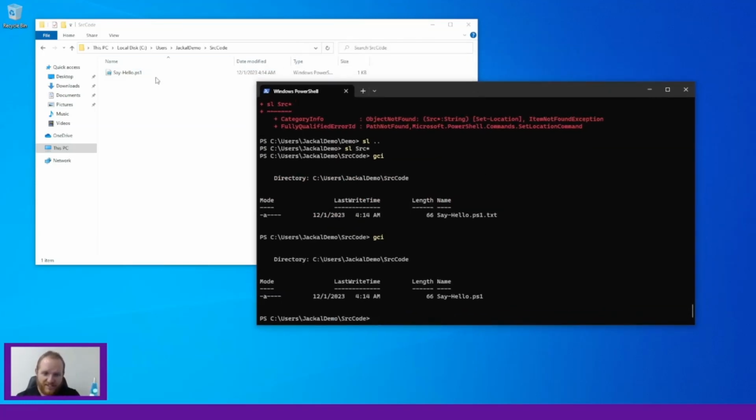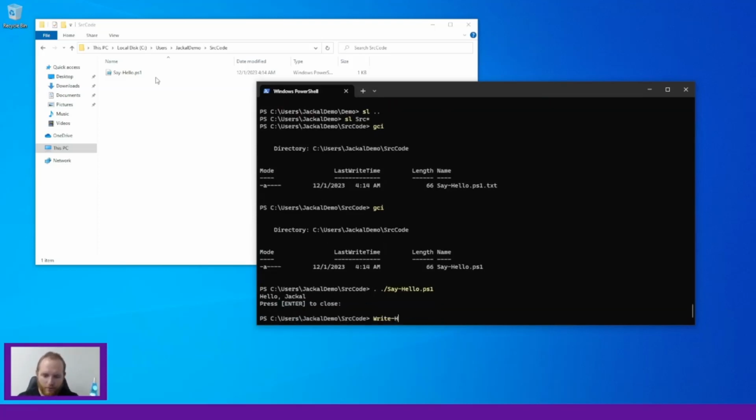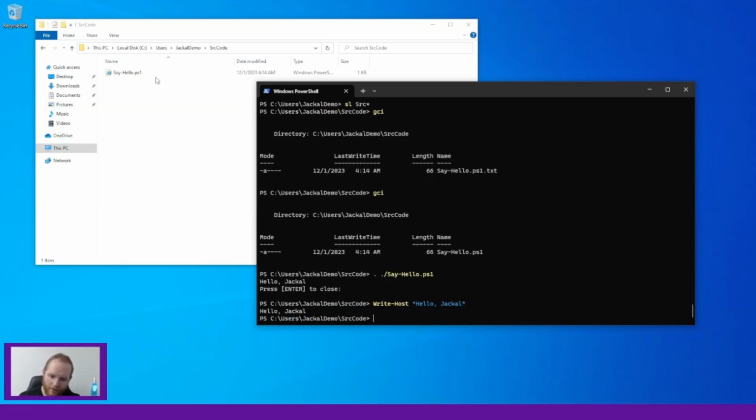I've stashed PowerShell commands inside it. So what I can do is dot-source or call my current location, type out the name of the file, and I can try to run it, and there it is. Those are the exact commands that if I would have written Write-Host "hello Jackal", and then the Read-Host thing,